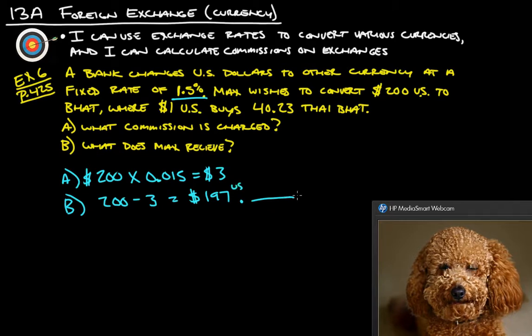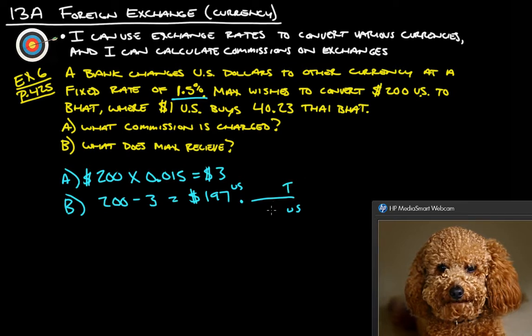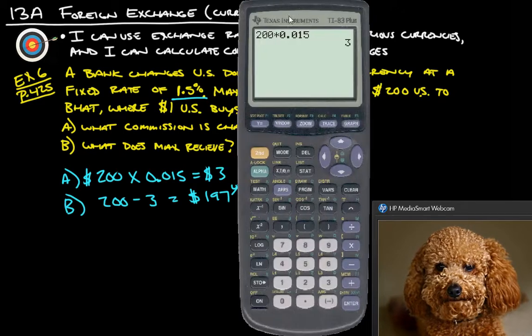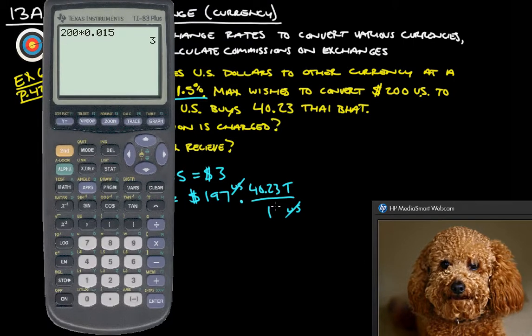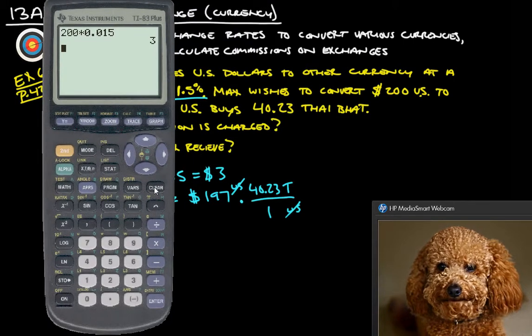So again, this is US. I want to put US down here so that we convert it into, let's just call it T for Thai baht. All right. So 1 US gives us 40.23 Thai baht again. So the US goes away. Well, not the US goes away, but you know what I mean. We reduce that part out, and so we take 197 times 40.23, and we get